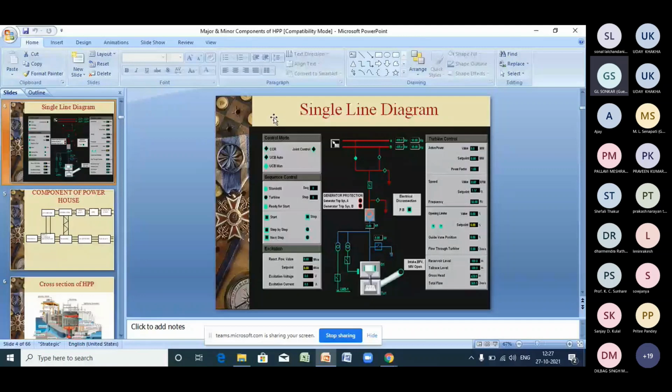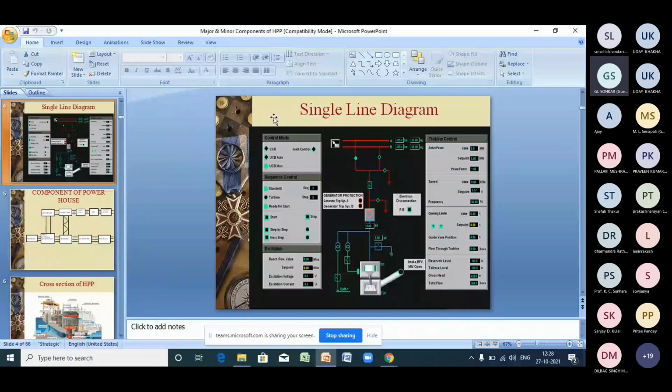You can see opening limiters in any case. If the malfunction opens, your governor will not allow the guide vanes to open beyond 10%. That means beyond 10%, if in spinning condition, it may damage the foundation of the unit. Then you have the reservoir level, tailrace level, gross head and total flow, which will be noticed by the operator sitting in the operator's session.